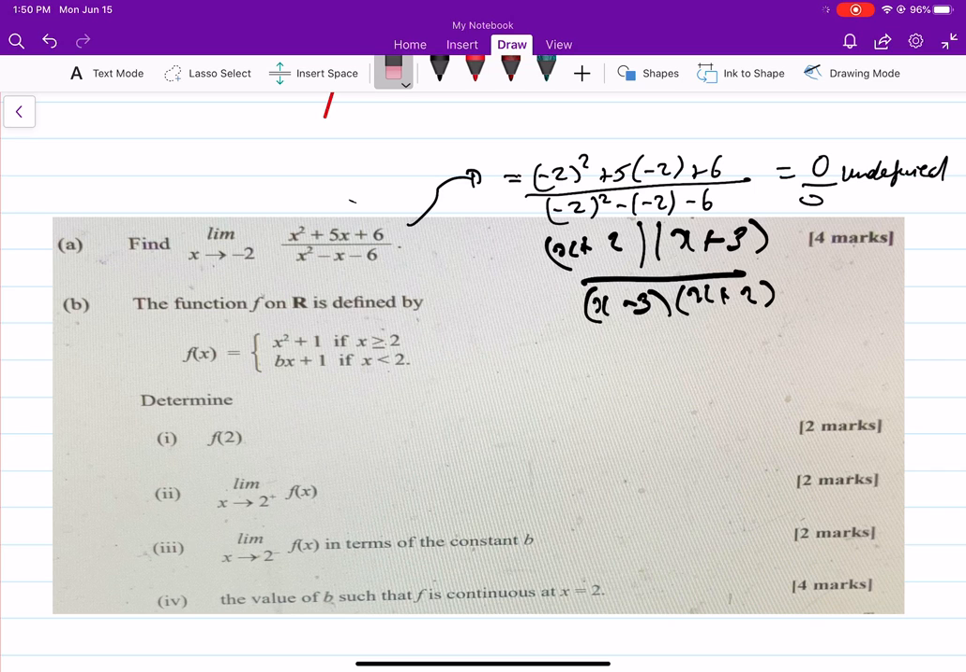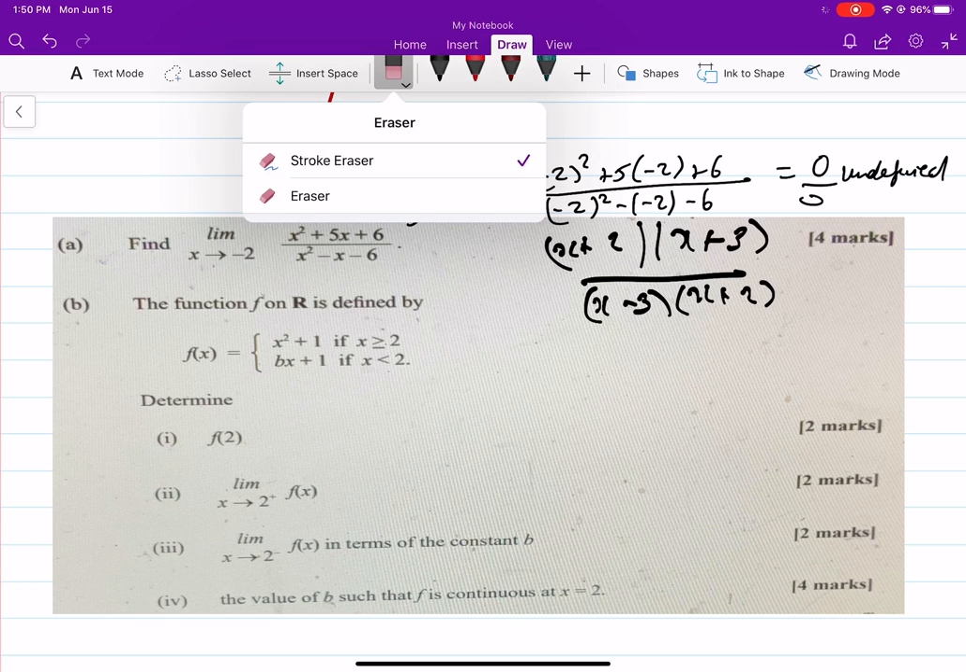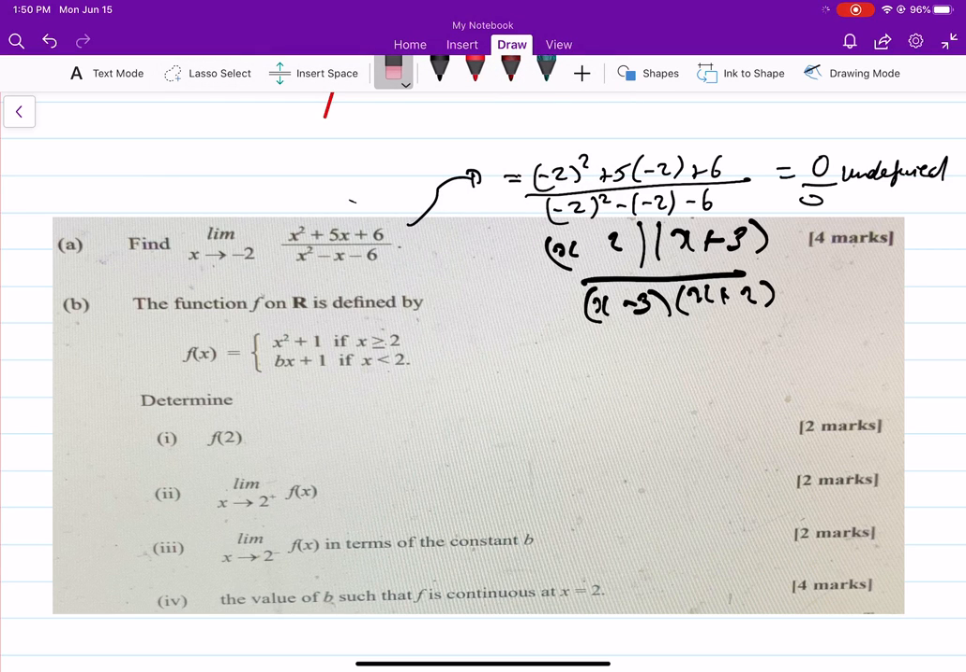You should double check the factorization. x squared plus 5x plus 6 is x plus 2 times x plus 3. And x squared minus x minus 6 is x minus 3 times x plus 2. So it looks like the x plus 2's will cancel out. And we're left with x plus 3 upon x minus 3. And therefore the limit